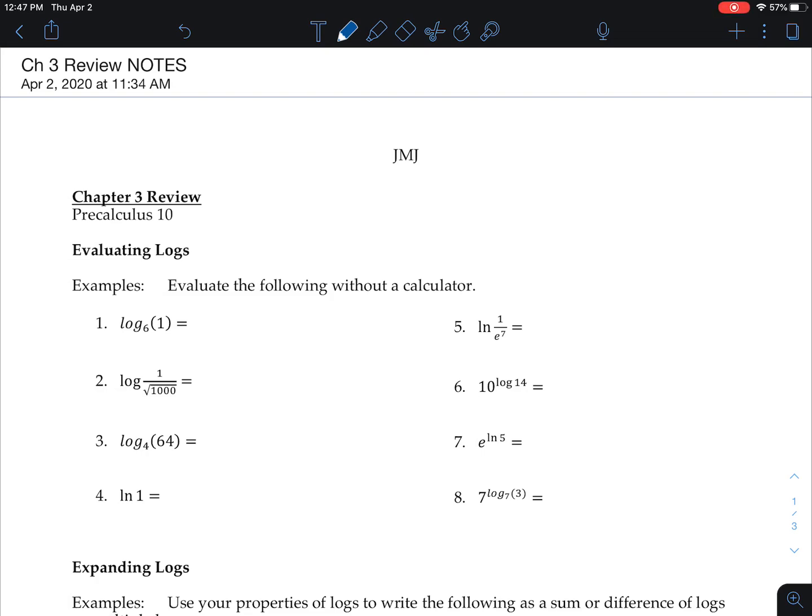All right, gentlemen, let's take a look at some review material of everything we've covered since that take-home test. And this will be good preparation for our Exemplify quiz, which will be on either the 7th or the 8th. And that's day 3 or day 4. And again, it'll be on Exemplify. I don't know how many questions yet, probably about 15 or so, and it'll be basically on all